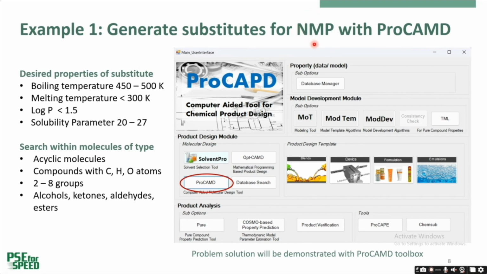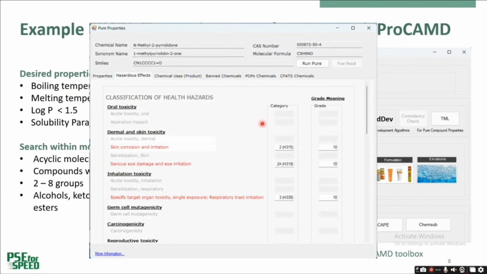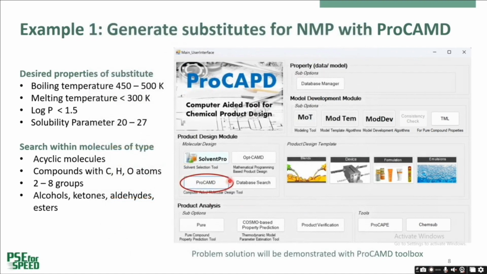NMP is a solvent used in a variety of industries and applications, such as paint and coating removal, petrochemical processing, and engineering plastic coatings. However, NMP could cause irritation to the skin, nose, throat, and eyes. To find the substitution of NMP, the desired properties need to be listed, which will be used as constraints by the search algorithm. Since the search with database has already been shown earlier in video 1, we will use ProCAMD